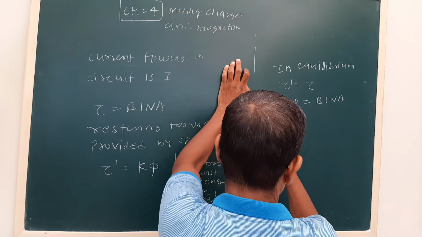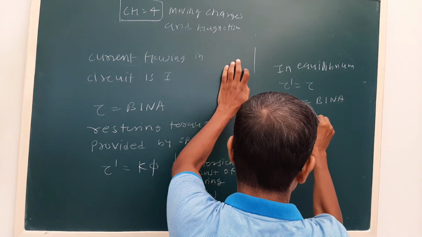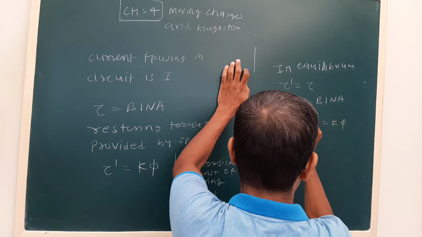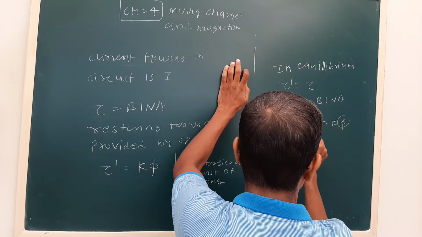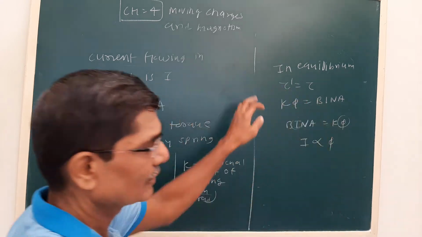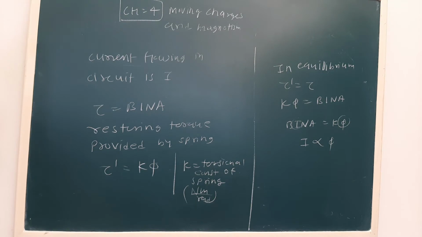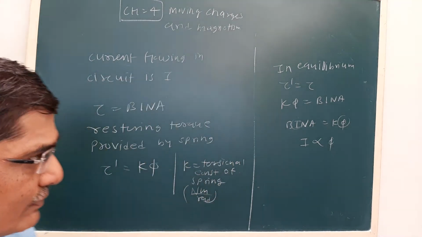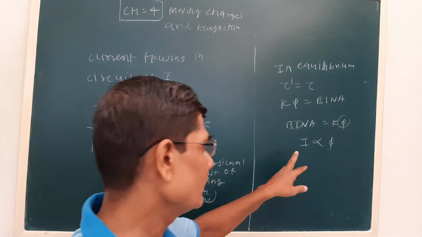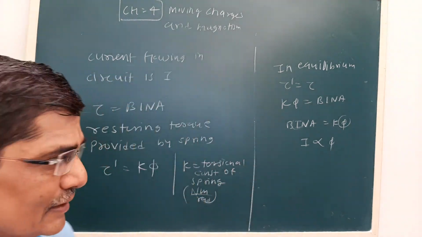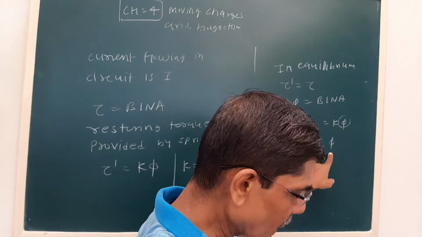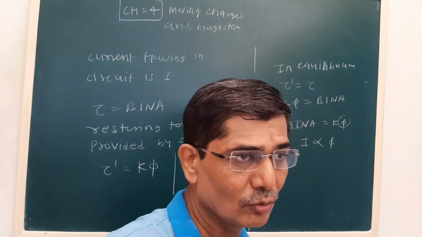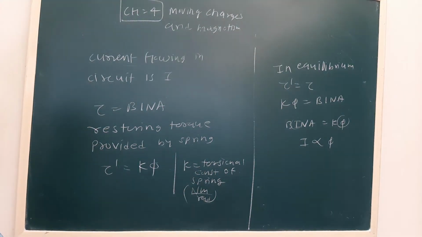Okay, so we can say V na is K phi. That shows that current and deflection are proportional to each other. So what does this suggest? The more the current, the more the deflection. Depending on the current flowing, the deflection will be there, and our pointer will move like this. Now, the device has a number of applications.